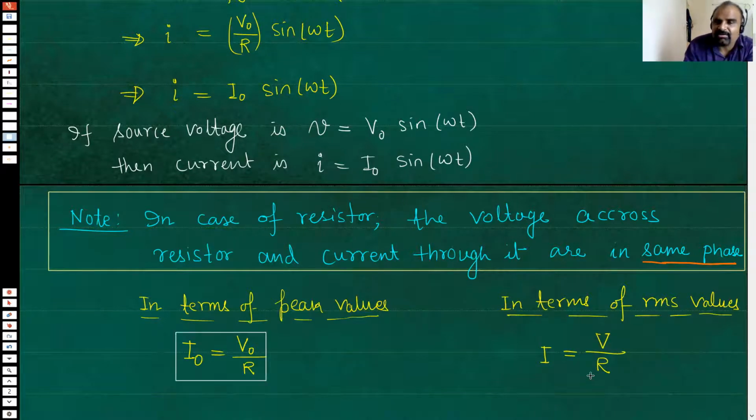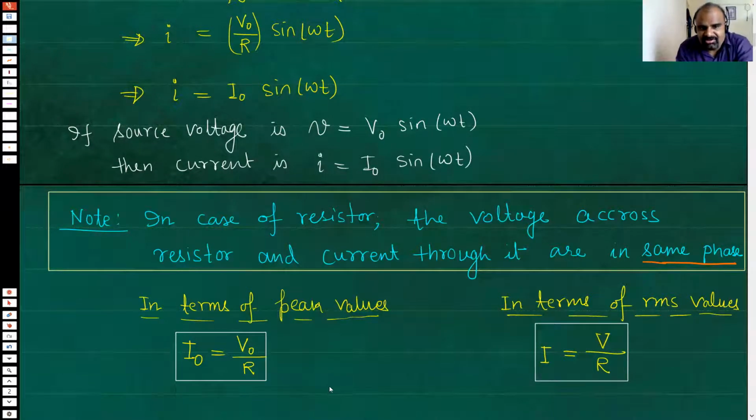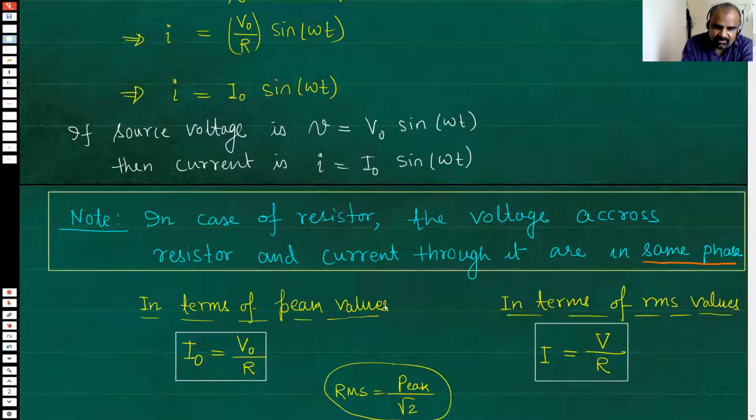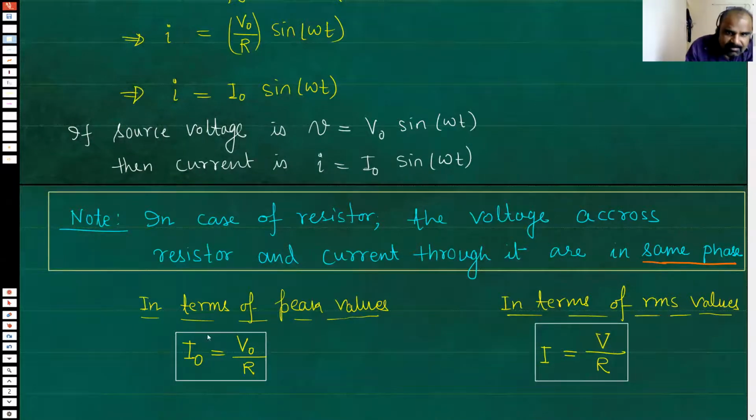Well, we certainly can. You know why? Because peak and RMS have a fixed relation. That relation is, sorry, RMS is equal to peak by √2 for sinusoidal current and voltages. So RMS and peak have a fixed relation. Whenever you divide peak by √2, you will get RMS. Clear? Now here, this statement is definitely valid, but this is in terms of peak value. Now let's divide both of them by √2.